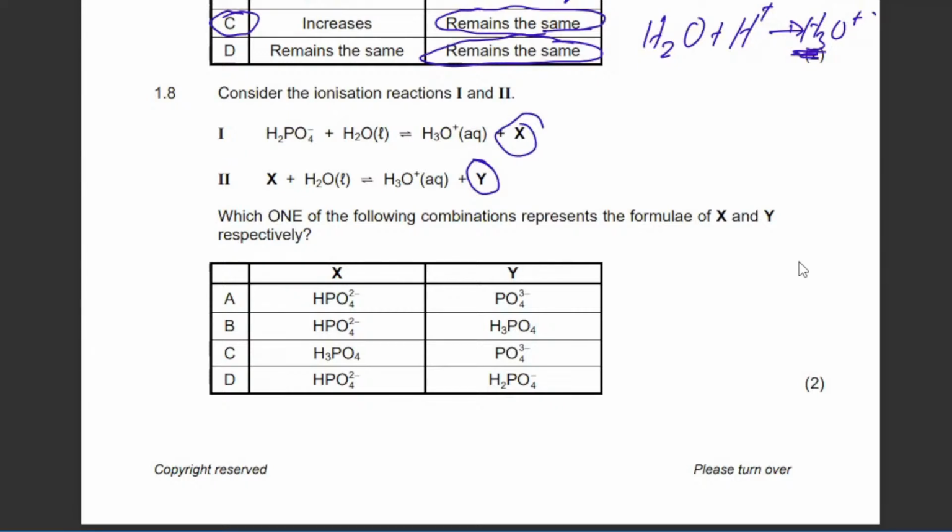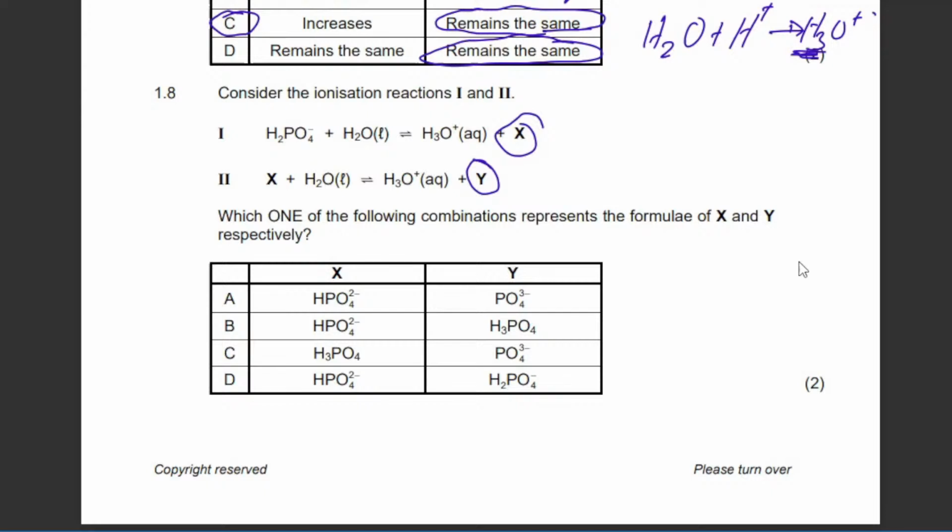Remember, this is ionization. It means that it breaks down. So if it is like this, it is diprotic. It will ionize to give one hydrogen to the solution, and then that hydrogen is going to react with water